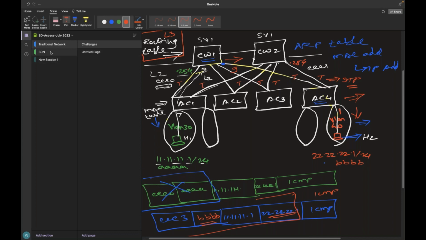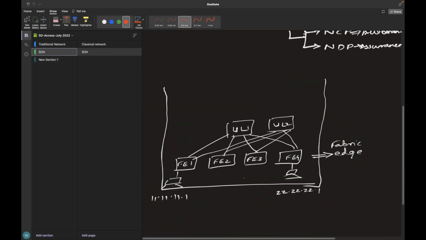Now in SD-Access, these ports are L3 ports. All ports are L3, by the way. Now you will have a question: how can I extend my L2 frame then? How can I send it across?